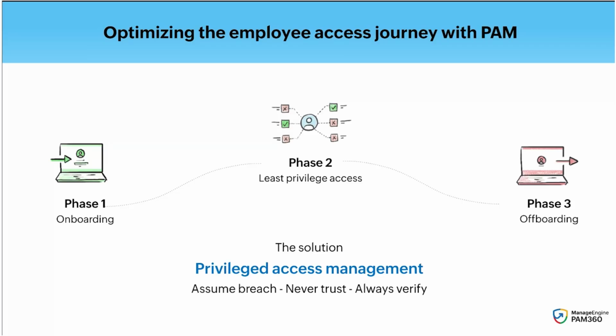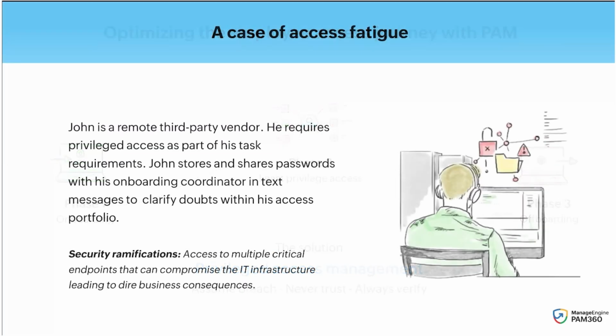So the first use case that we will be seeing today is a case of access fatigue. John is a remote third-party vendor such as I was in my previous tenure. John requires privileged access as part of his task requirements. But the problem is that when John was onboarded and passwords were shared to John, it was done in a very haphazard manner that John does not practice password hygiene even if he wants to,